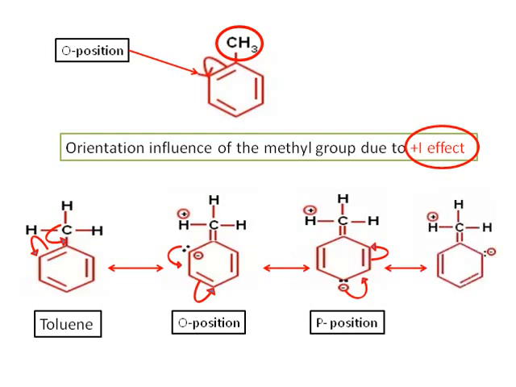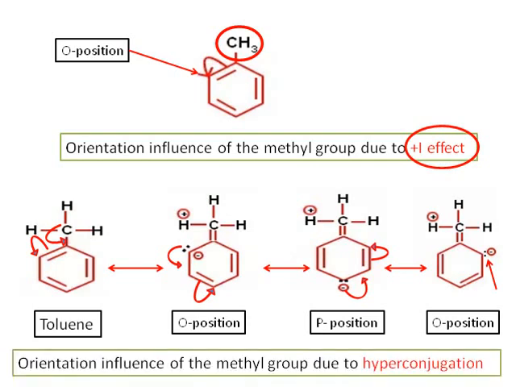Here you see the lone pair of electrons is at the ortho position. So in this way the pi bond is delocalized, or you can say the lone pair of electrons is delocalized over the benzene ring. This effect is also known as resonance effect, and hyperconjugation is also a type of resonance. This is called no bond resonance, and this effect is called the orientation influence of the methyl group due to hyperconjugation. So now you can see